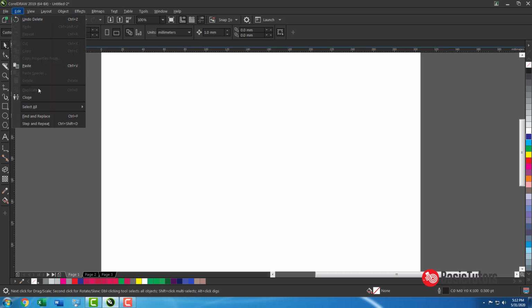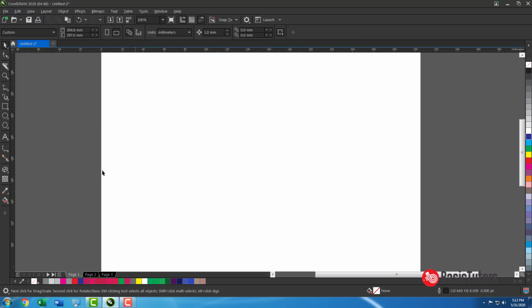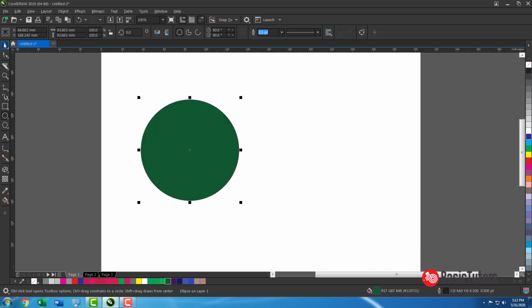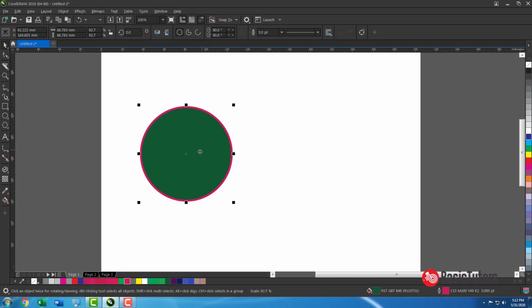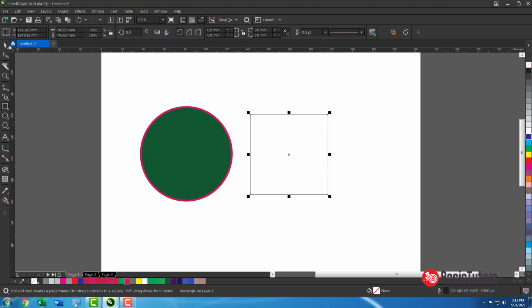Also, there is a command called copy properties from. Okay, there is a menu. What is the use of that? We explain here. Okay, this is an elliptical object filled with green color and outlined with some rose color. If you want to make this thing the same, the attributes need to be copied from here. Now what do we need to do?